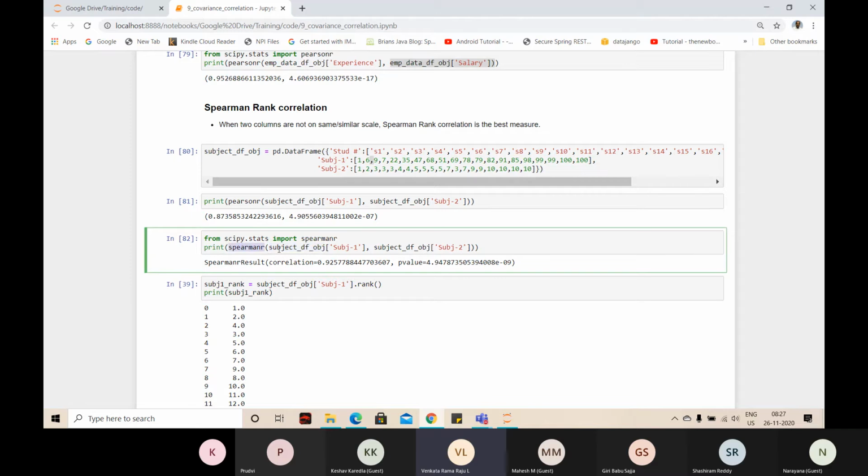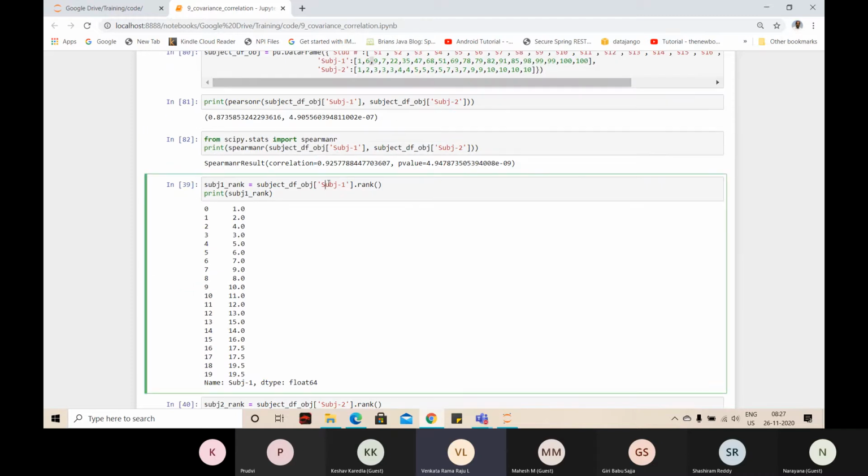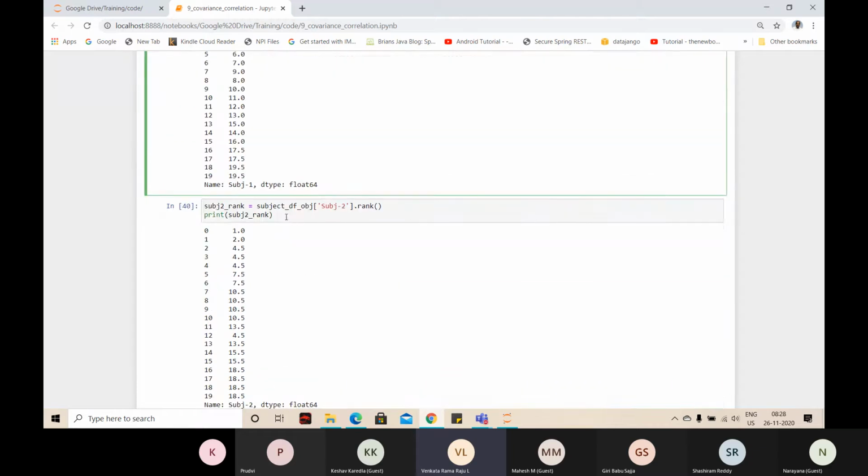When we say Spearman, it takes the columns, calculates the ranks, and then calculates the correlation. I actually tried to do that. On a series object, there is a method called rank, which calculates the rank like this. You do not need to do anything; you just need to understand the concepts. There will be methods for everything. There will be modules for everything in data science. Many people say data science is easy because you only need to understand concepts. Implementations are already present. So for the first column I calculated the rank.